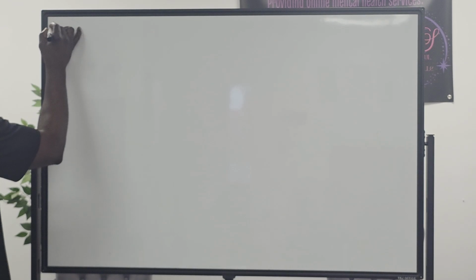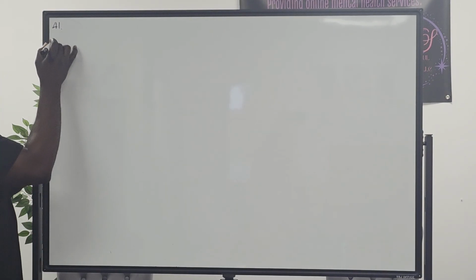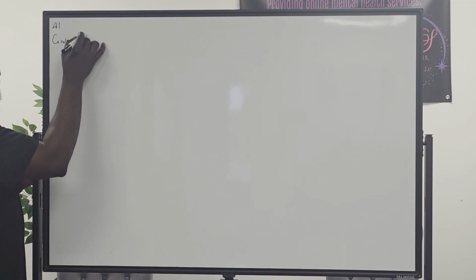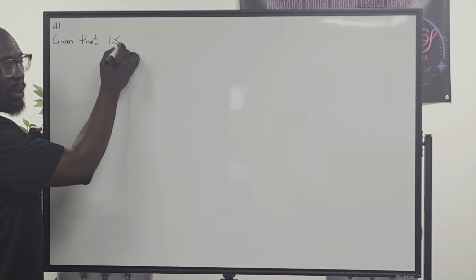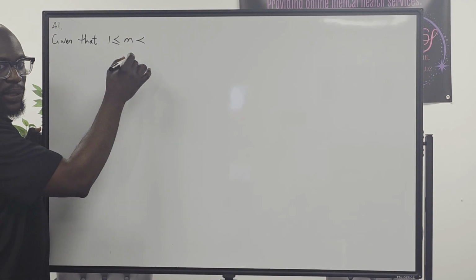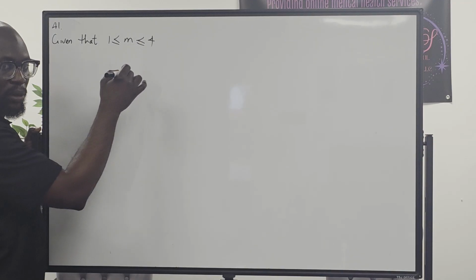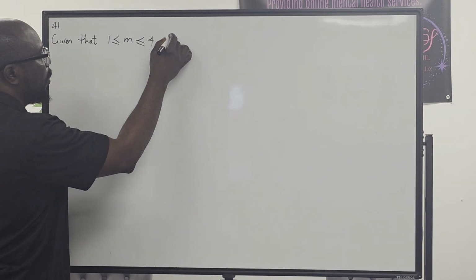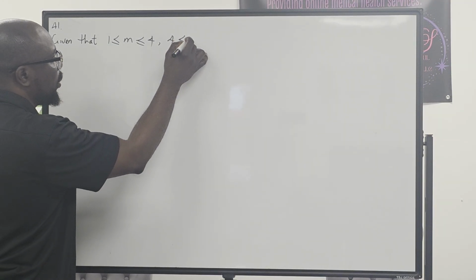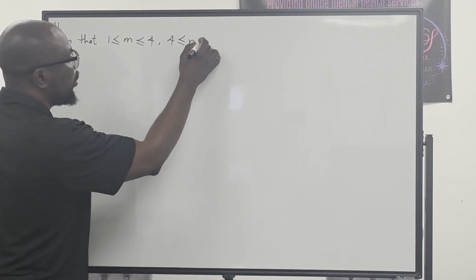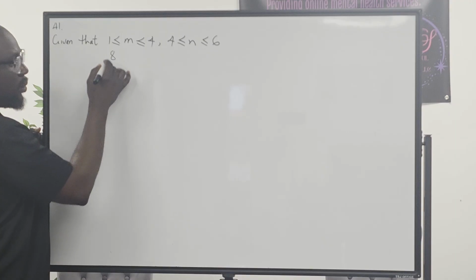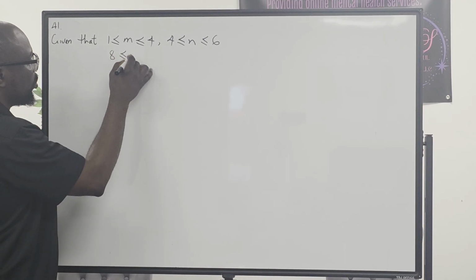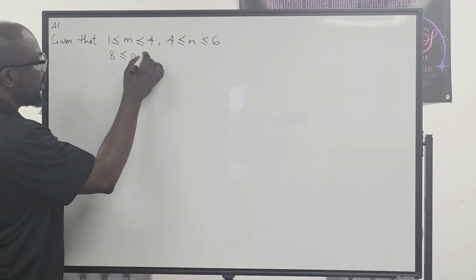Question 41 says, given that 1 is less than or equal to m, which is less than or equal to 4, 4 is less than or equal to n, which is less than or equal to 6, and 8 is less than or equal to p, which is less than or equal to 10,